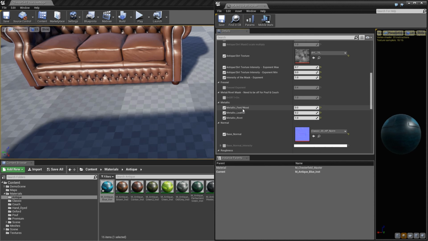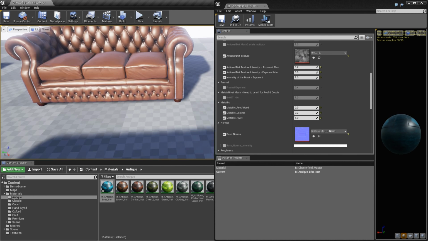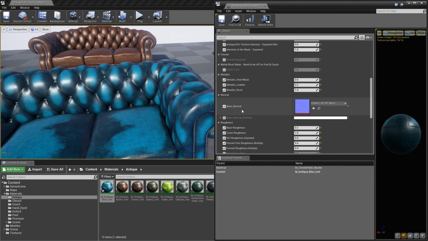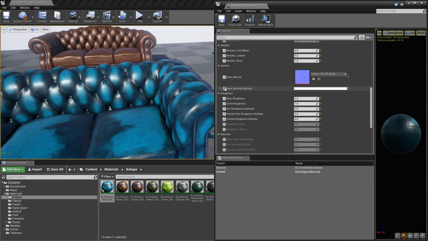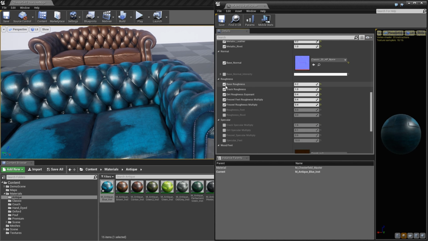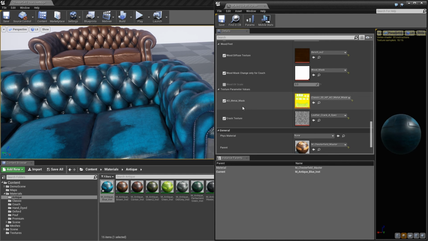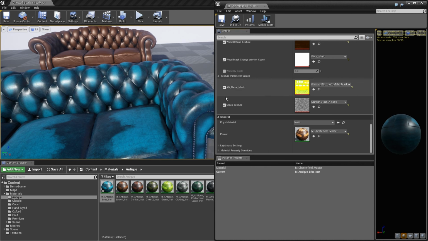This is a metallic fit, leather and rivet. So I don't change that too much. This is the base normal map, the intensity of the base normal if you want. So the normal map here is the classic 3-seat HP normal. Here you have the roughness, base, crack, dirt, Fresnel roughness. Here's the specularity. Here, if you want to change the wood for, I don't know, anything else. Here you have the texture ambient occlusion, metal and mask, and here the crack texture.